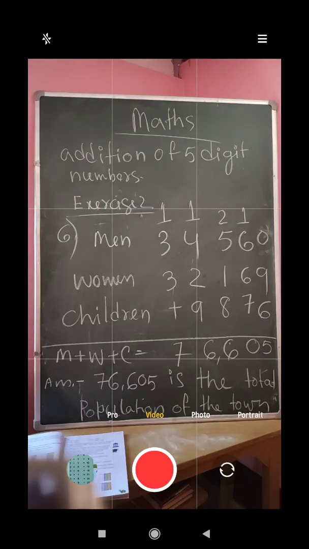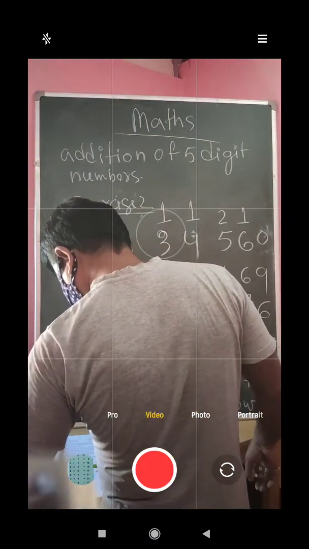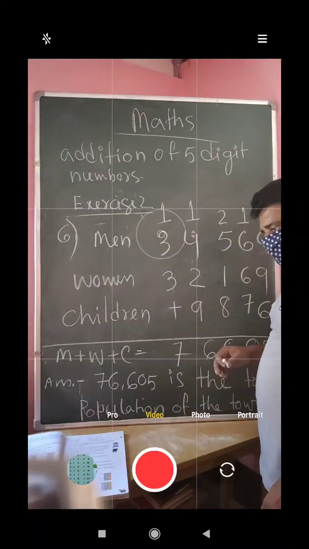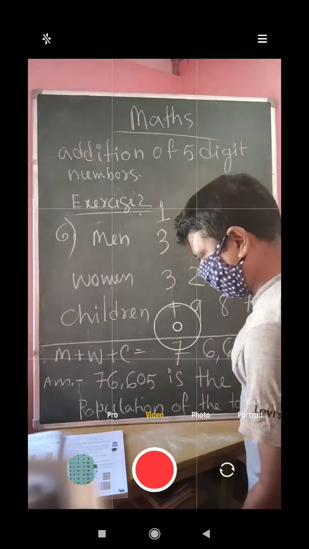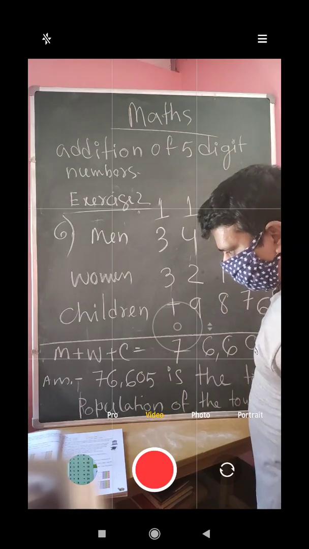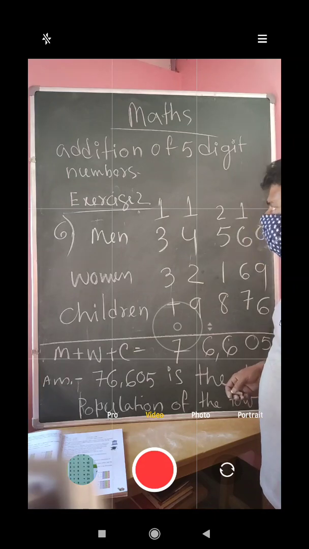So this much we will do. We will conclude this class here only. So what you do is, you practice all the things which I have given. Exercise 2, that is A, B and C, you'll have to do on your own, and practice all the things. In the next class we will see the subtraction of 5-digit numbers. Though you people have already done subtraction of 4 digits, in the next class we will see the subtraction of 5-digit numbers.